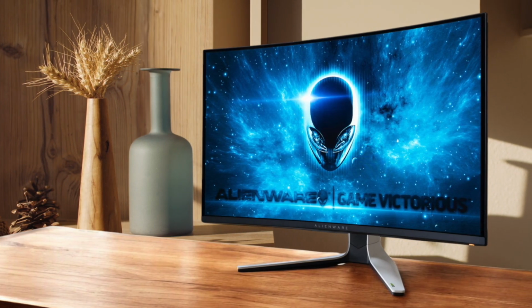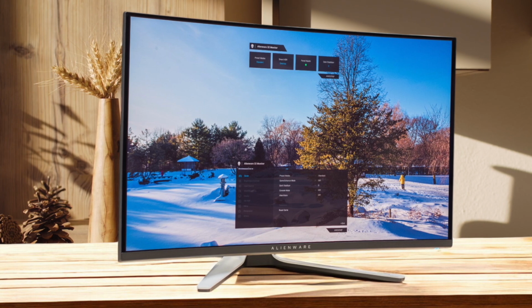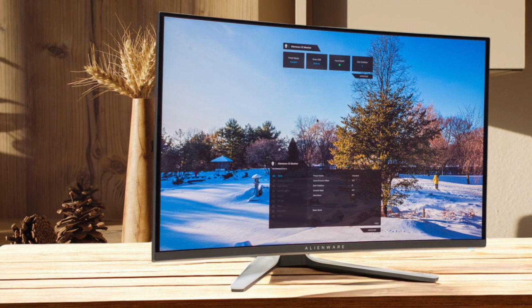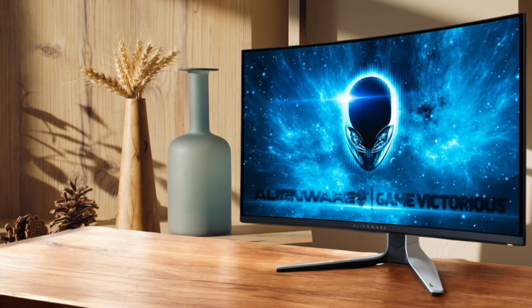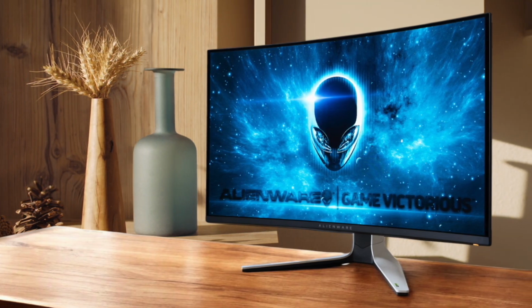When I'm playing something like Cyberpunk 2077 or God of War, the HDR performance with those deep blacks and bright highlights makes me feel like I'm looking through a window rather than at a screen. I recommend this to anyone who wants the ultimate immersive gaming experience and has the GPU horsepower to drive 4K gaming. The 240Hz refresh rate is fantastic for competitive games too, though you'll need a serious rig to hit those